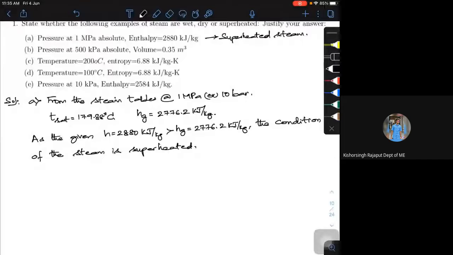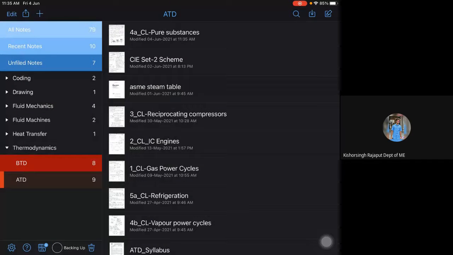Still any doubts, other guys? Any doubts? Are you able to look into your steam tables and get these values? Do you want me to go to the steam tables and show you? Okay, I'll do that exercise. I think some of you have this difficulty. I'll go to the steam tables.